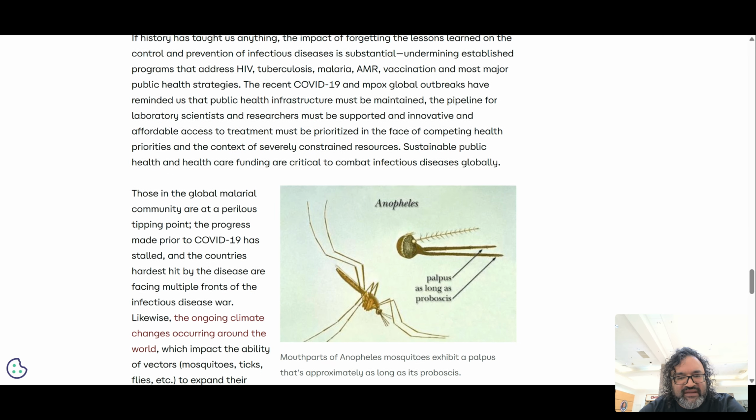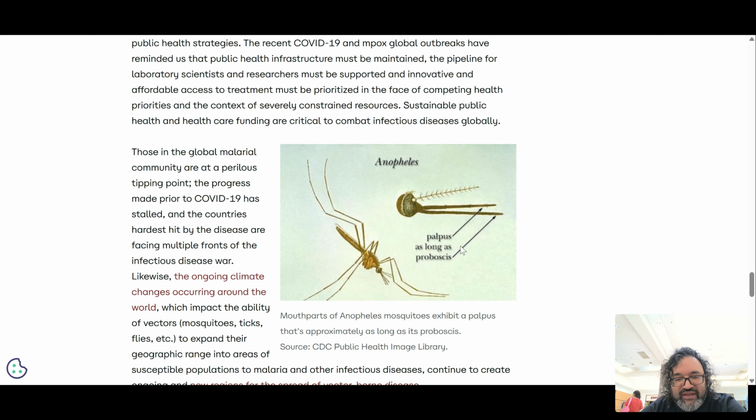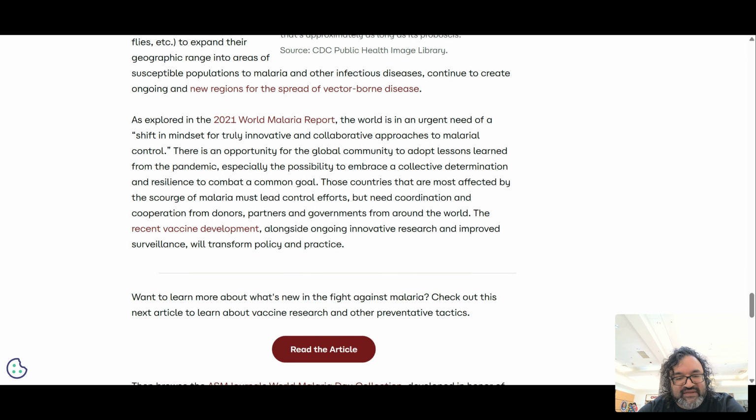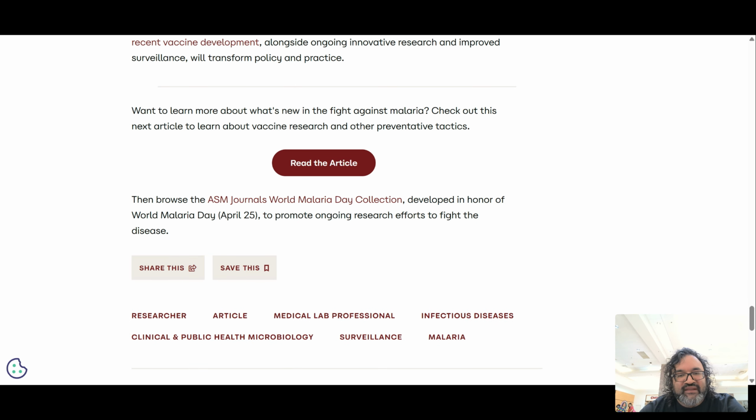So that's about it. Here's the Anopheles mosquito, and there's the proboscis, which is used to take blood from the human being, and that's how this is transmitted. So that's about it for malaria and the history. We got to be careful about malaria in the United